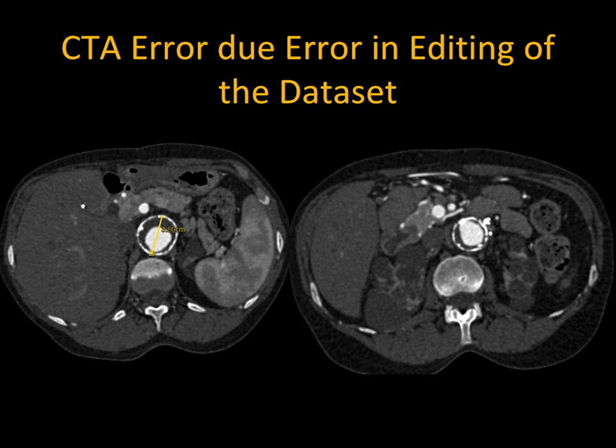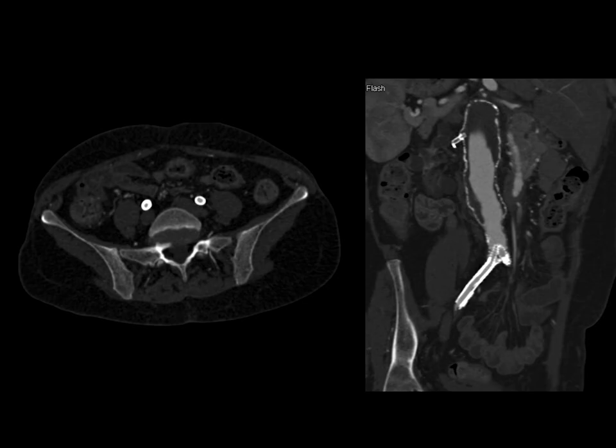And when you do 3D reconstructions, at times with calcification, with foreign matter in place like hardware, you can drop information and misread. Here's a good example of an error caused by the dataset's editing. You look at this patient, extensive atherosclerotic disease in the aorta, and then you see the stents in the patient's